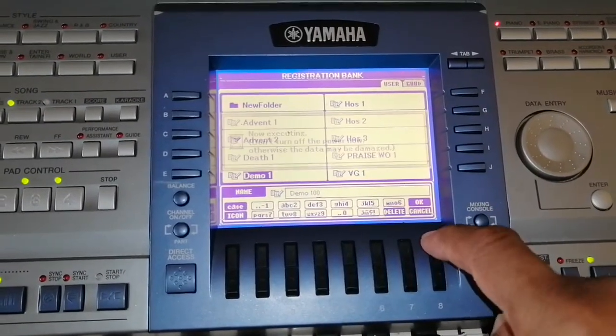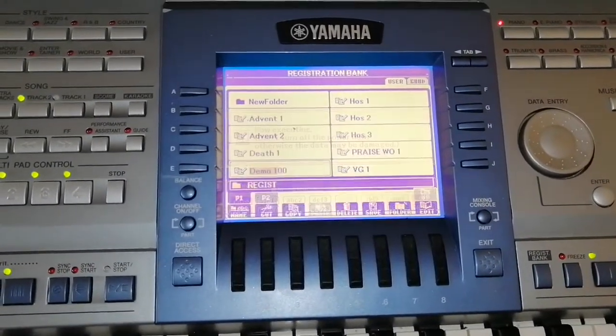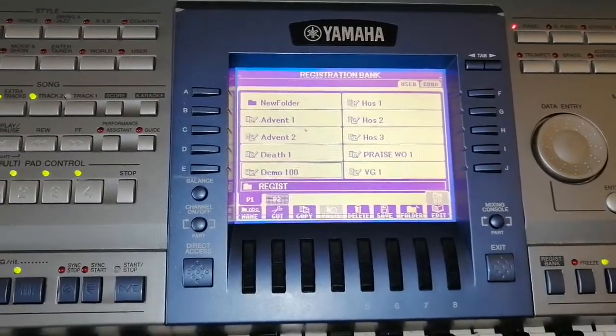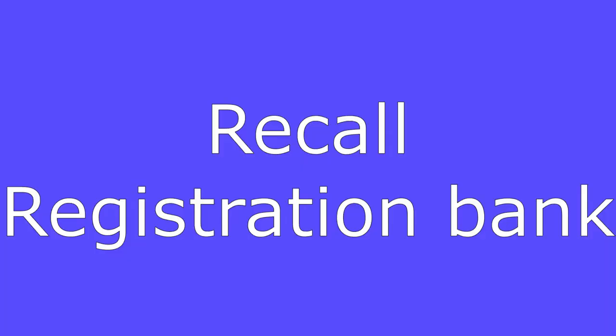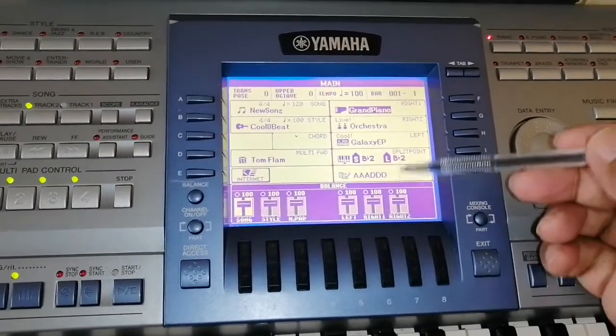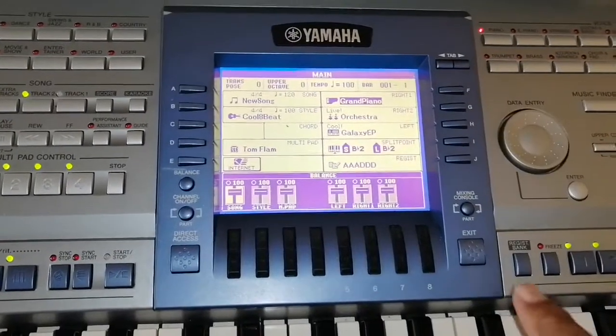And then you press OK. Give it time to save. There you see the name changed to demo 100. To call up your registration bank, because your registration bank contains all these details, all you do is you go